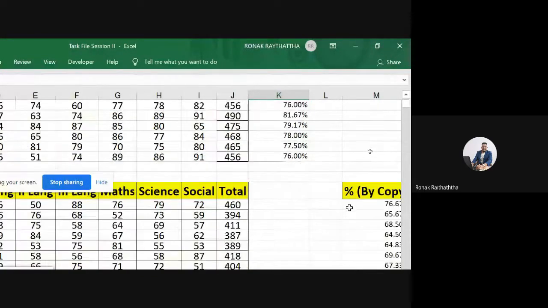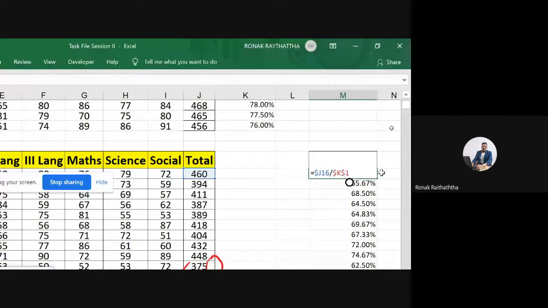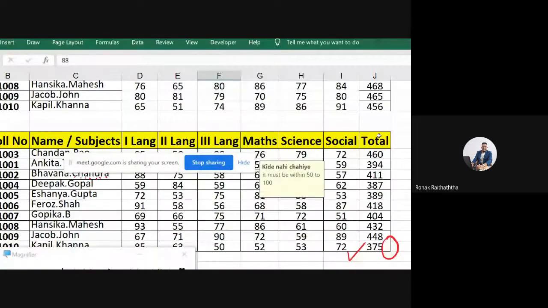But in the next table, the need arose. We were supposed to lock only the column, not the row numbers. This is just a brief overview of what we had done in the last session.